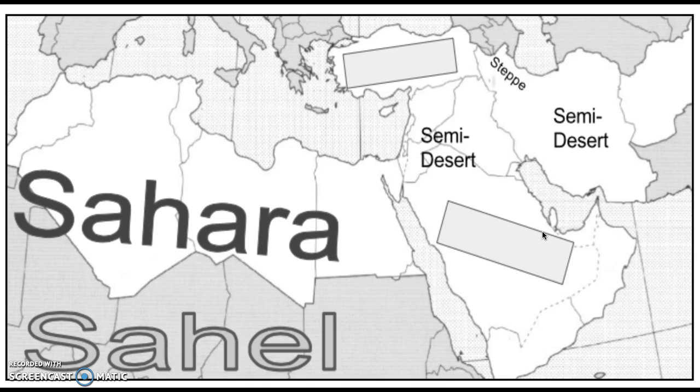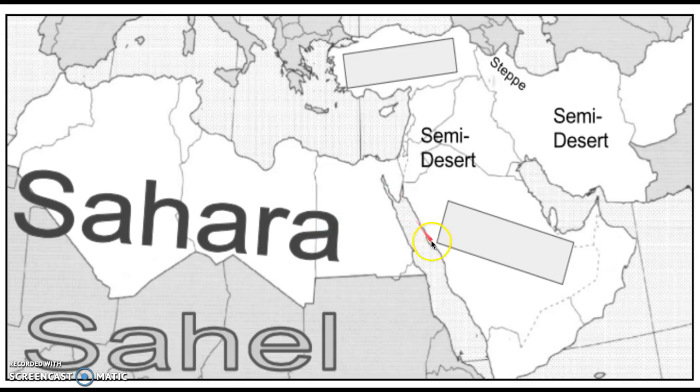However, it's somewhat diverse in terms of climate regions. It is overall a very dry region. We talked in our unit, as we started down in Africa, about the Sahel, this semi-dry region that is essentially growing due to overuse for farming methods. Here we have the largest hot desert in the world, the Sahara.